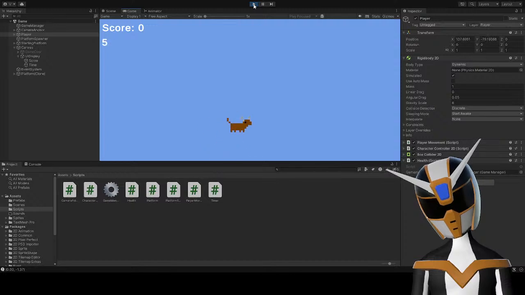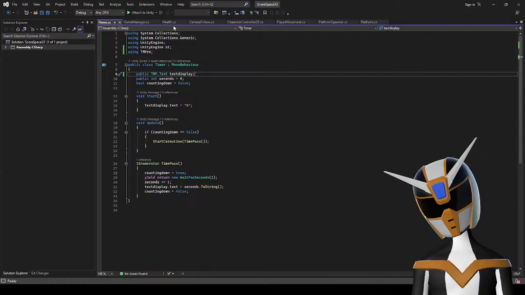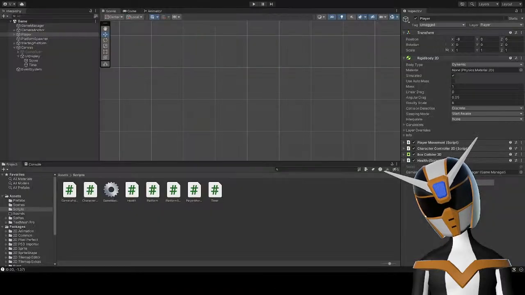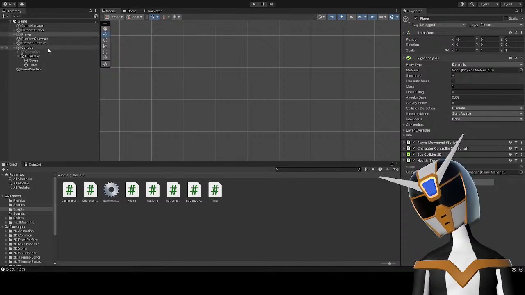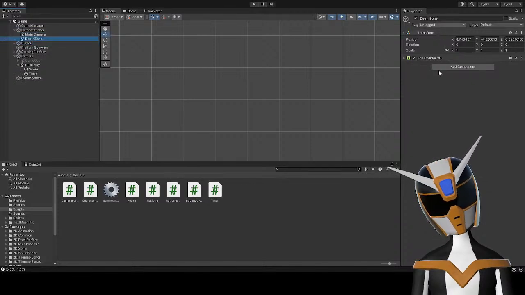I can't? Why not? Game object tag is equal to death, then die. Oh, I didn't tag this. That's the problem.